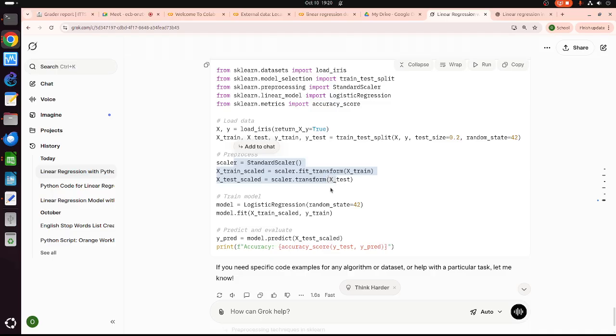Because Iris has like 4 feature columns, and the values may not be in the same range for each column, we normalize the columns using this one, StandardScaler. So the values are fair. It will make the values of each column fairly similar to one another. That makes the algorithm work easier.